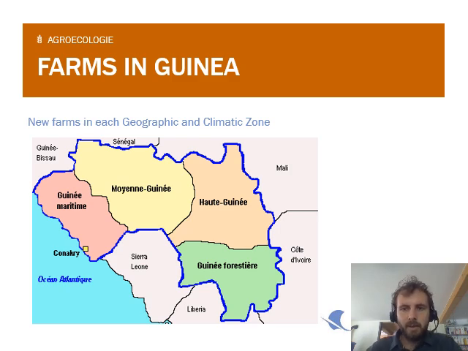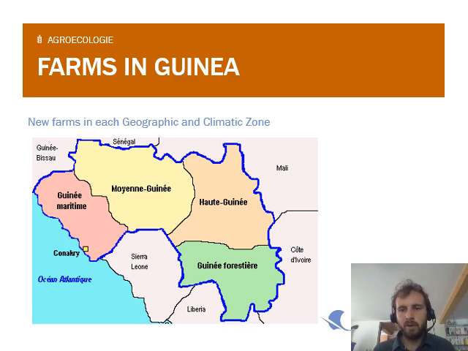And yes, as I mentioned before, in Guinea we have a nation countrywide program. So we have started in 2023 to establish a farm, a mother farm, in each of the 4 geographic and climatic regions of Guinea. So Guinea is a small country, but they have really different climate. So we have the coastal region where we are establishing currently a mother farm. We have the Middle Guinea, which is the mountain region, where we have the first farm in Pita, and we are also establishing a farm in